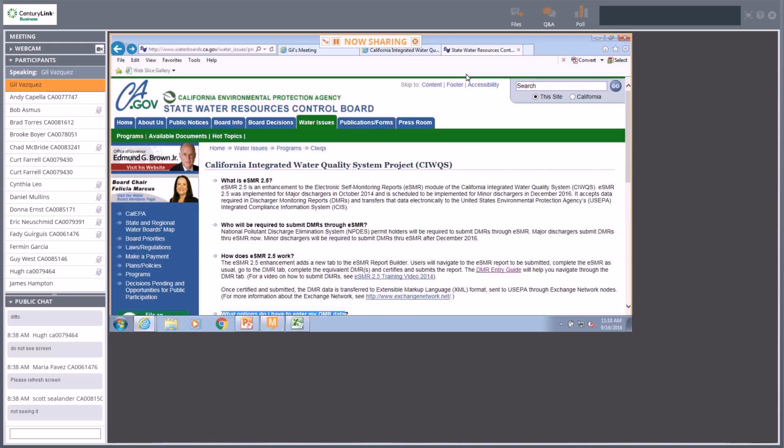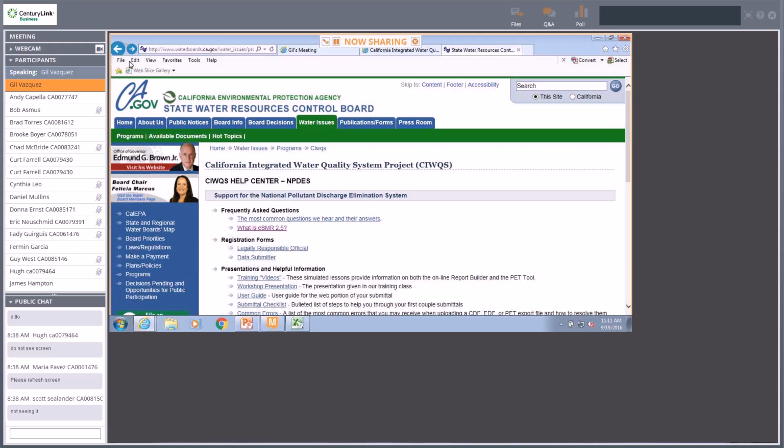All right, so to recap again, Renan started it. He introduced us to what DMRs are, why they are required, the e-reporting rule. Gil showed you what the DMR form is. He walked you through the different sections and how to read it. And then we went over the DMR tab, the DMR dashboard. We looked at the slides. We did a demo of the dashboard. And then we went over that PDF of eSMR 2.5, we went to our help page, just from the